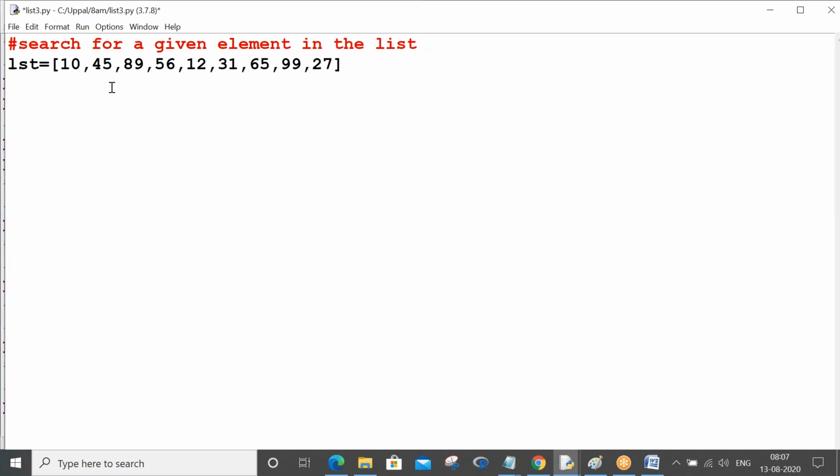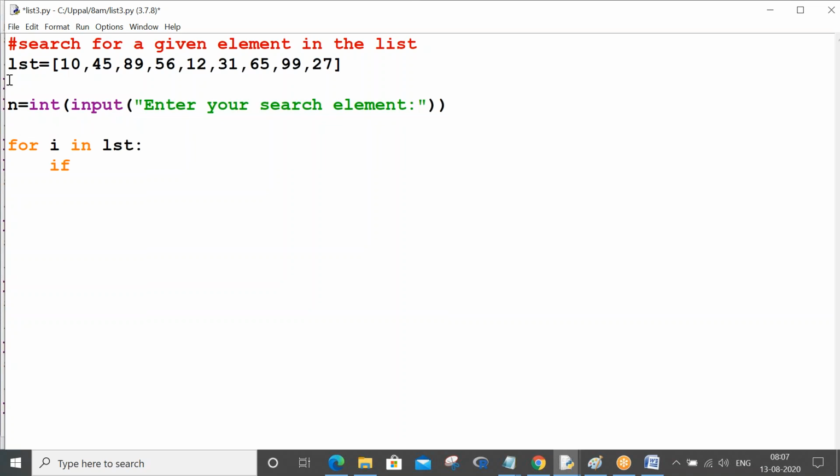Now you have to use for loop, for i in lst. You need to search for the element, so you need to take a number from the keyboard. n is equal to int of input of enter your search element. If n double equals i, colon, print